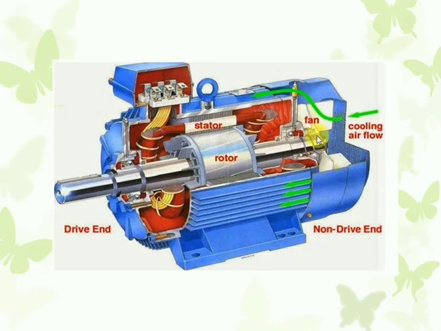So we call the losses in the fan and bearing frictional and windage losses, and we call it the fixed loss. And one more thing, this magnetic core loss is also a fixed loss. It is an independent loss. It will not depend on the load. How much load we are connecting to the shaft, it will not depend. So it is the fixed loss. We can say it is a constant for the drive.